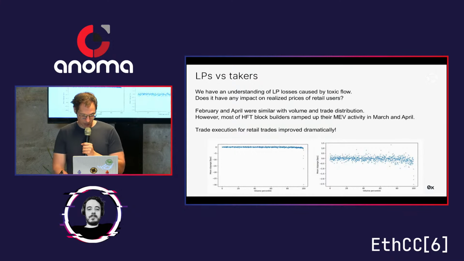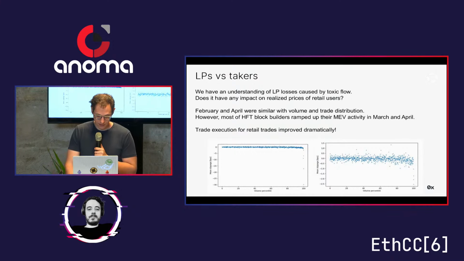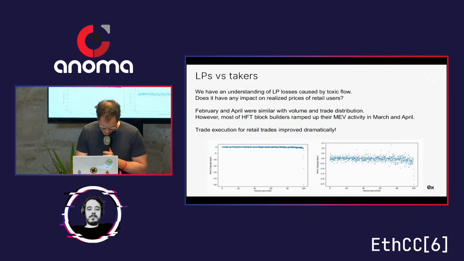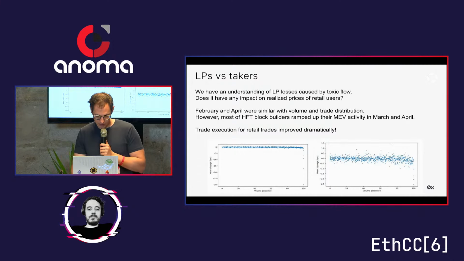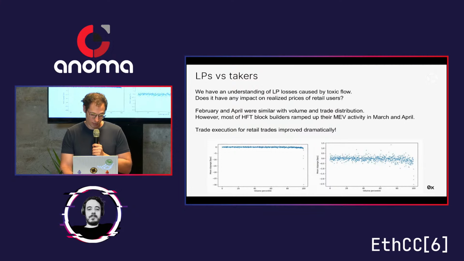February and April were very similar months in trade size distribution. And you can see on the bottom left chart, these trades on the top, that's the 1/10 of a percentile, they slip 30 basis points. And trades that are a bit smaller also slip quite a lot. So there is nothing, and it falls off the cliff. This is you getting sandwiched. However, on the right, in April,